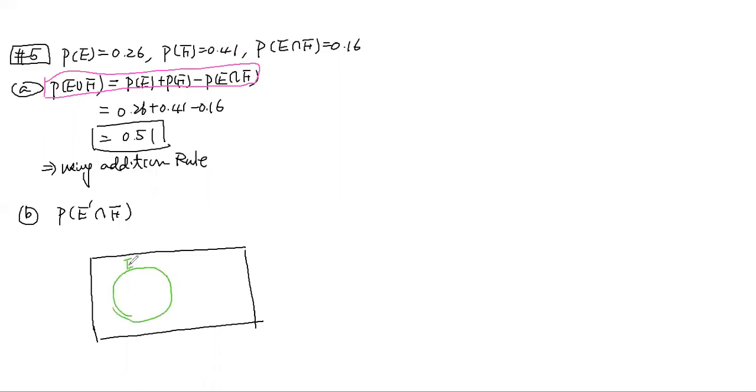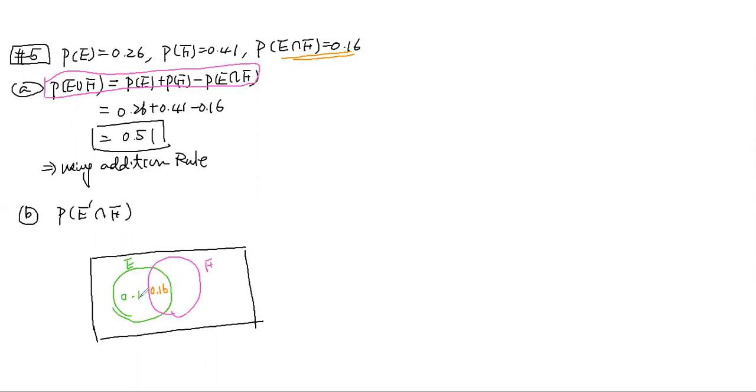So this is E, and this is F. Because E intersect F is 0.16, I know this part is 0.16, right? This is the common part. E is 0.26, but I already have 0.16 here, so the remaining part here is 0.1,